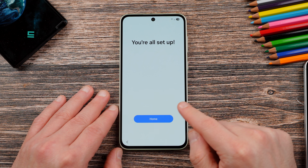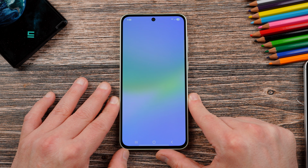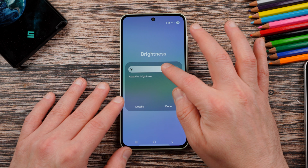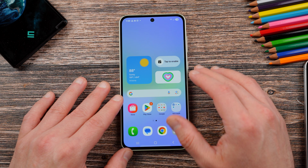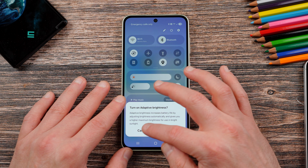And then next, display mode, we're all set up. And we can go ahead and go home. We've got the little icon there. And then there's the stock wallpaper. Let me go ahead in here and turn the brightness up a little bit just so you guys can see it. I'll turn the auto brightness off. It's a little bit dimmer than my Galaxy S phone, so I'll try to turn the brightness up as much as I can so you guys can see the display a little bit better. In fact, we might want to crank it all the way up. No, we don't want to have